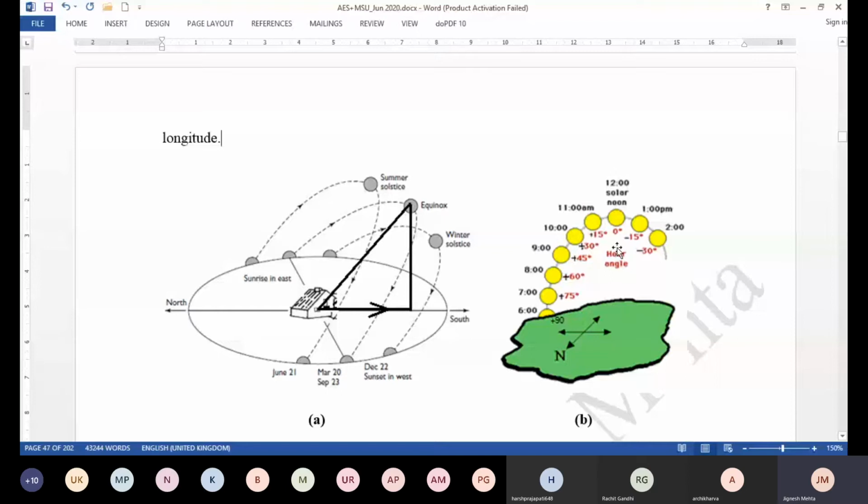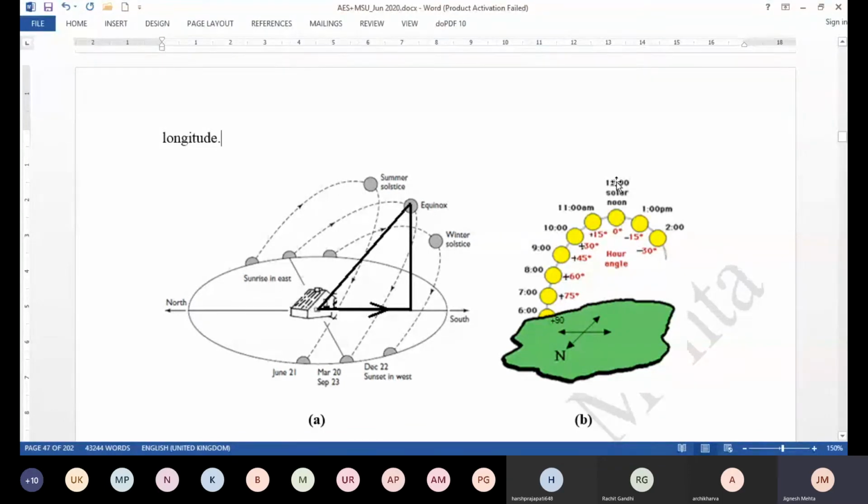And then the 360-degree rotation of the earth around its axis is responsible for day and night. So 360 degrees is equivalent to 24 hours. So 1 hour would be equivalent to 15 degrees. This is assuming that the movement of the earth around the sun is occurring at uniform speed, as well as the earth moving at a uniform speed about its axis. So in that case, 1 hour is equivalent to 15 degrees.